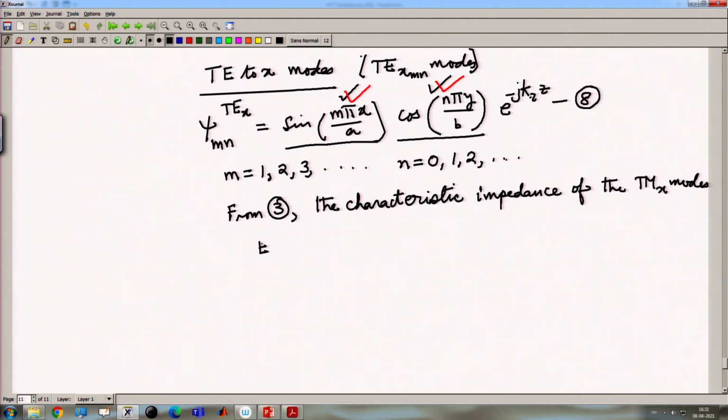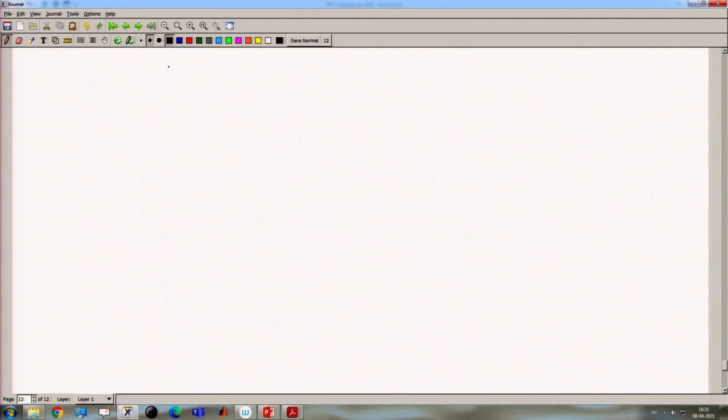So we can say that for the computation of the characteristic impedance of the TM to X modes,